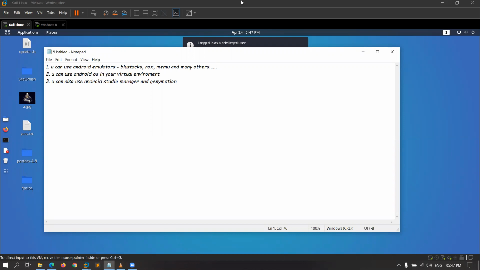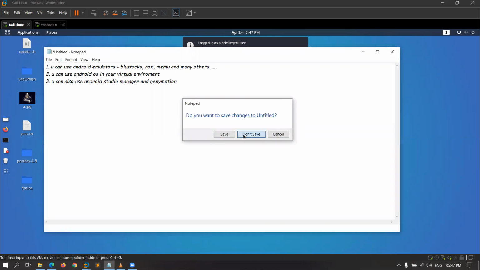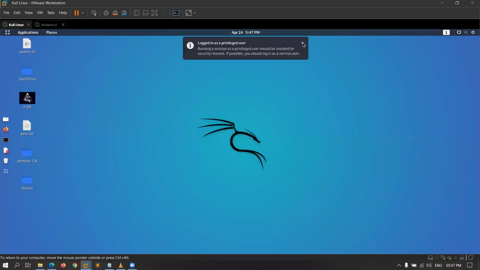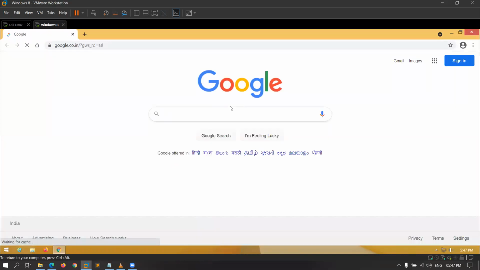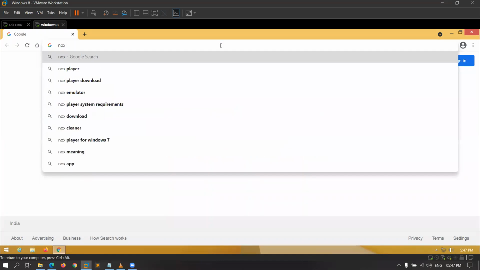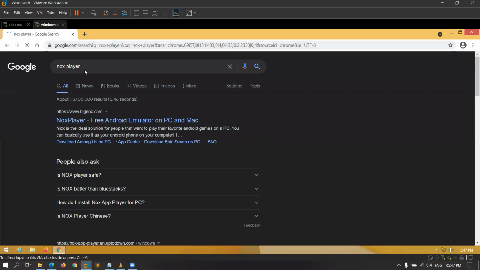So I'm going to use Nox for testing purposes, and install Nox on my virtual environment. So I will install Nox Player.